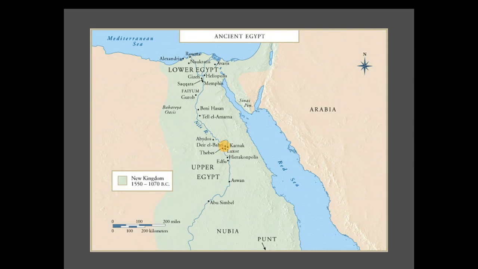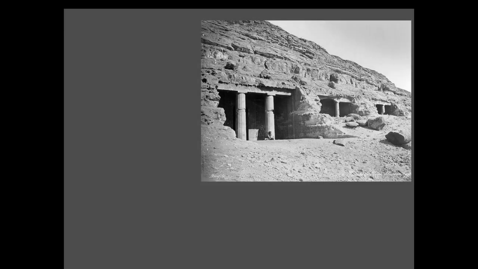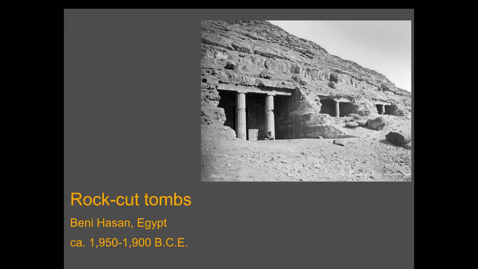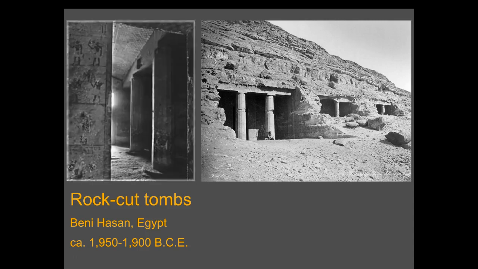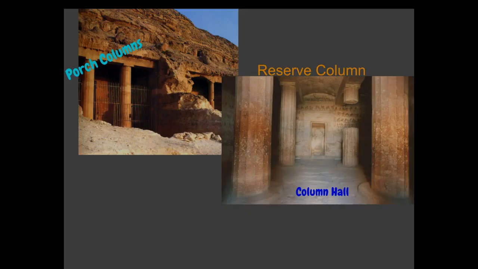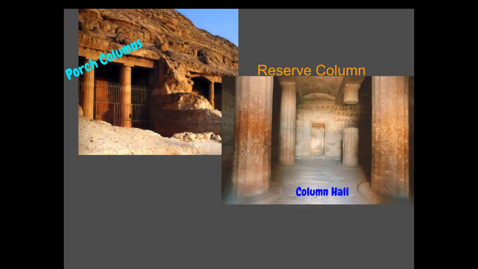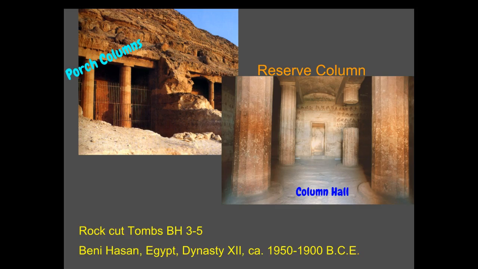We're going into Beni Hassan. So Beni Hassan, most characteristic of the Middle Kingdom are the rock-cut tombs within the sides of mountains. These replace the mastabas and the pyramids. We've got cliff walls that are hollowed out to reveal small burial chambers. So we went from mastabas in pre-dynastic, we went to pyramids in the Old Kingdom, and now in Middle Kingdom, we are looking at the cutout rock faces here. These are considered reserve columns.